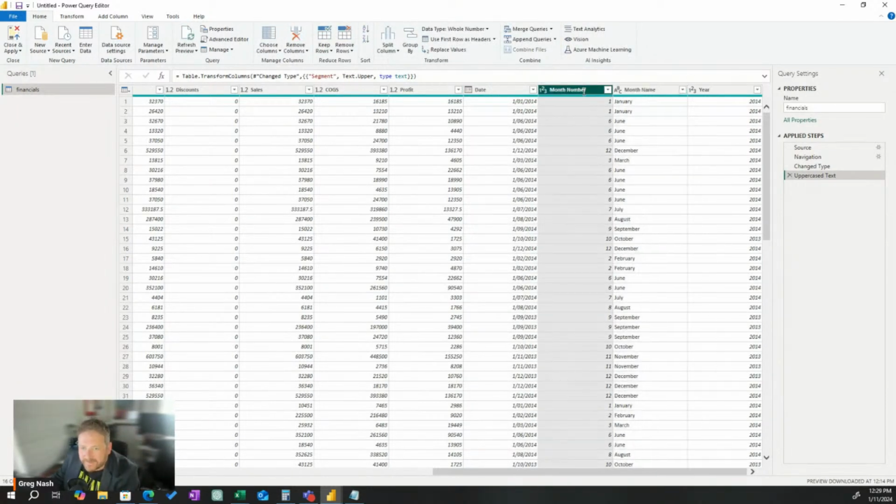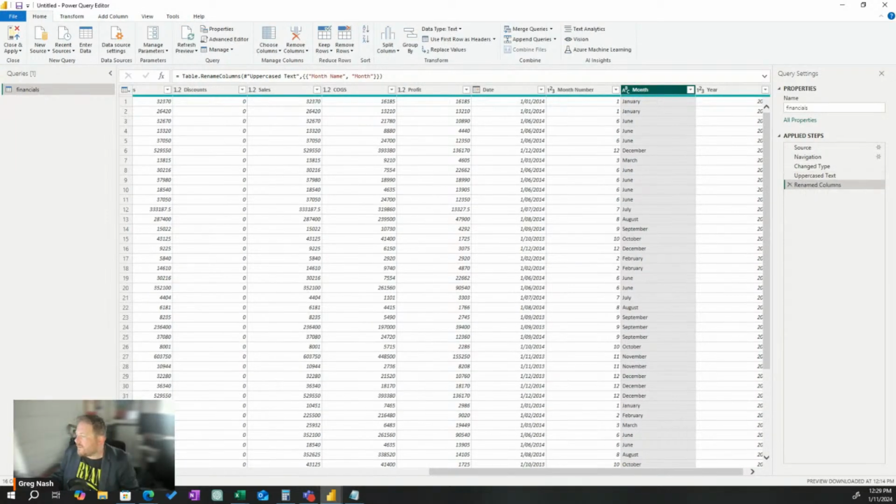Can you hit F2? That's my way of doing it. Yeah, you click and hit F2. That will also do it, because F2 is the universal rename button. There's a tip. If you don't know computers, if you hit F2, you can rename. All right, we're renaming month name. Double click and then month, and then spell it right and get the capitalization right.